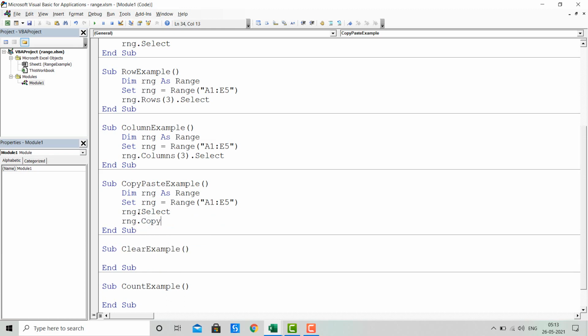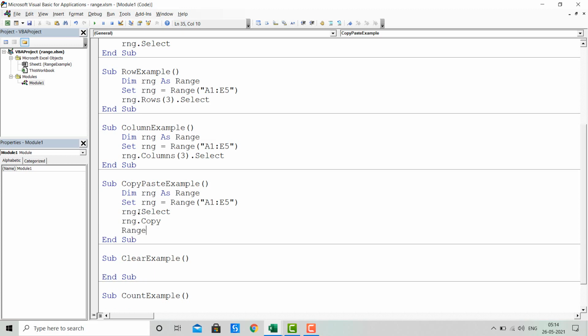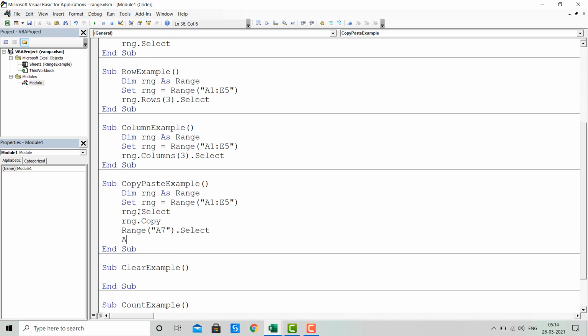After this we have to select the location where we want to paste this data. So I will select range A7 dot select, and in the next line we'll write ActiveSheet dot Paste.